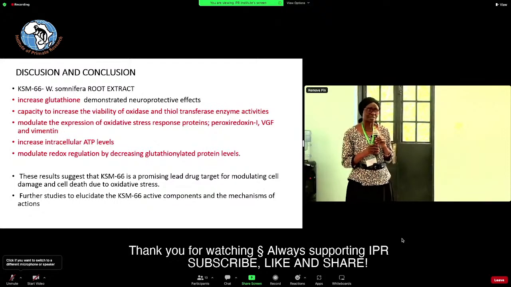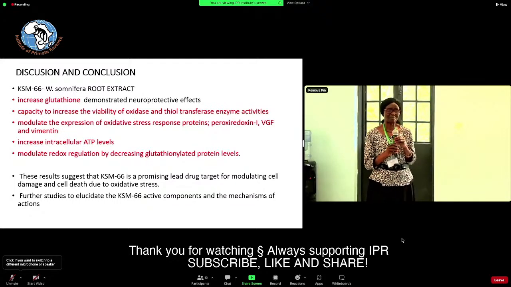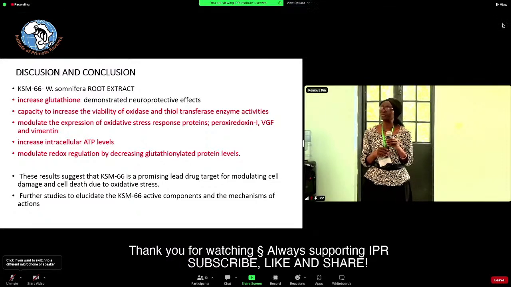So in this paper, in terms of their discussion and conclusion, they were able to show that KSM66 Withania somnifera root extract had an ability to increase the levels of glutathione in the cell lines. They were able to demonstrate that. I haven't given you all the results, but they were able to show that the extract was able to increase the viability of oxidase and thiol transferase enzymes, and inhibit enzyme